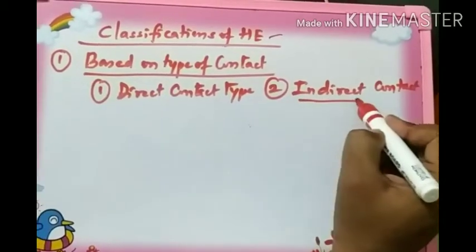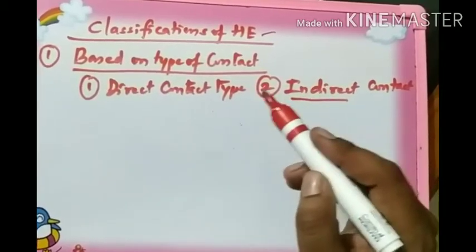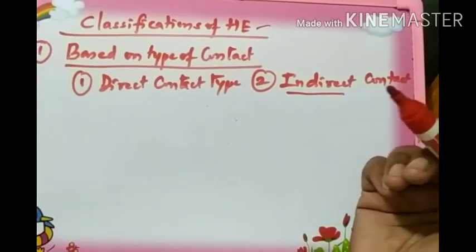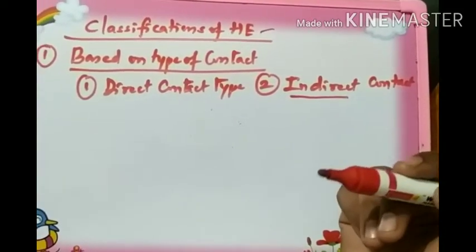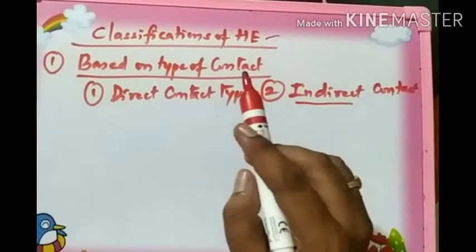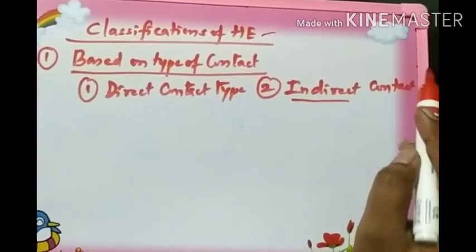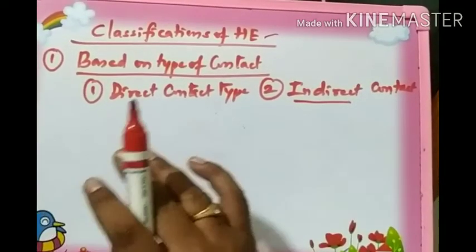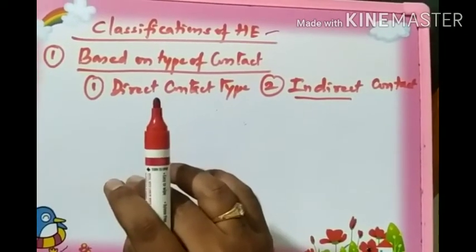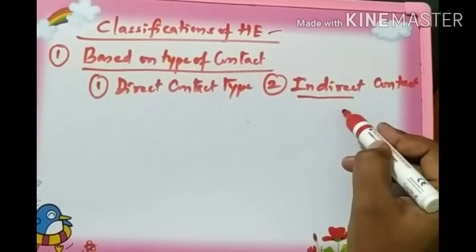Whereas indirect contact type heat exchangers are the ones where the two fluids which exchange the energy flow either simultaneously or continuously through different channels separated by a wall. Thereby they exchange the energy across the wall, where they never come in contact directly, but heat transfer occurs between them. Such type of heat exchangers are called indirect contact type of heat exchanger.